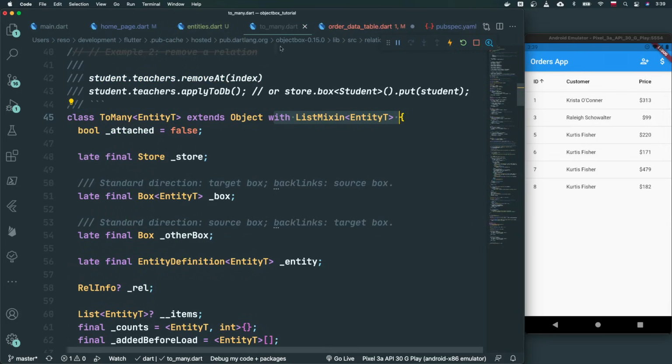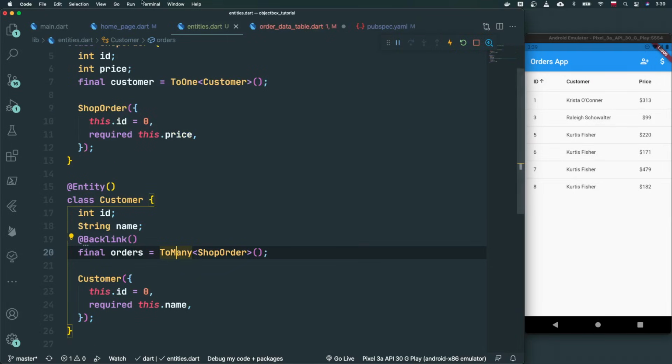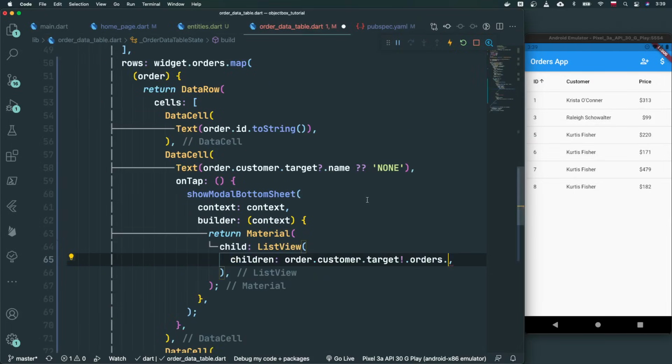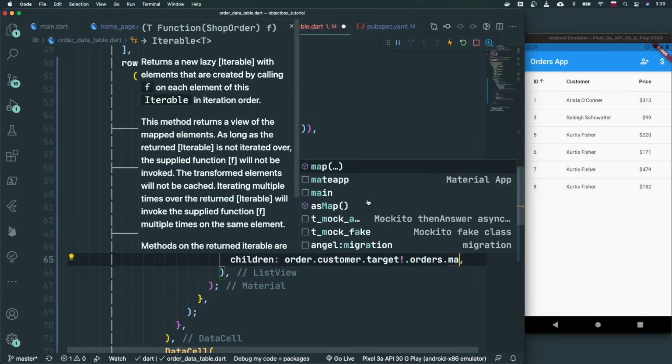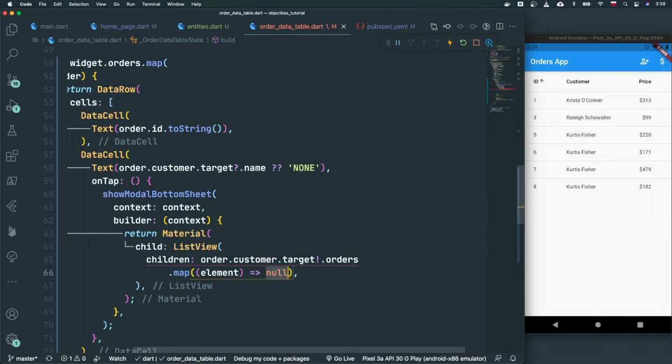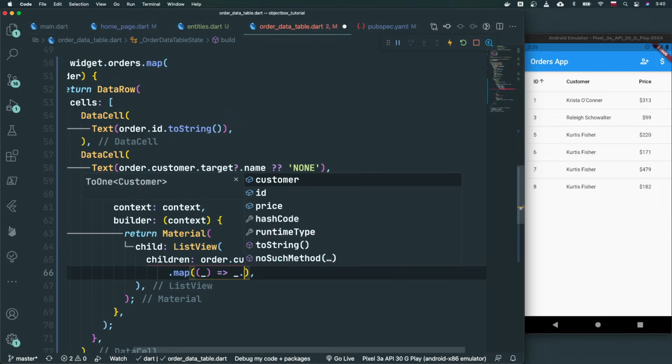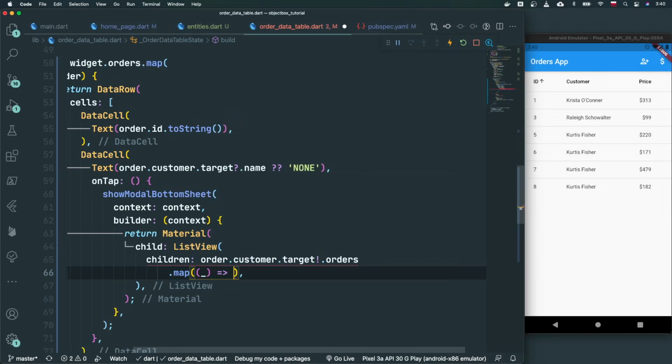So therefore what we can do is to just call map on these orders. So let's say orders.map, and now we can map all of the orders. Let's just call it underscore for shortness. So this underscore is the order which contains the customer ID and price. And let's just create a simple list style here